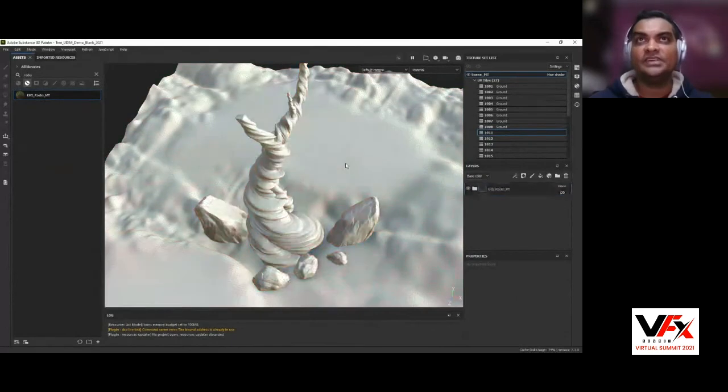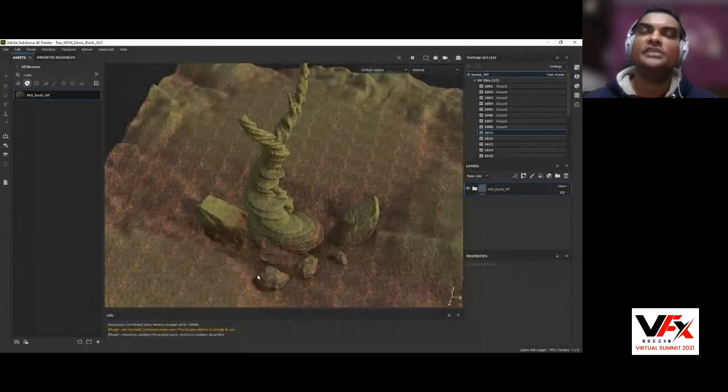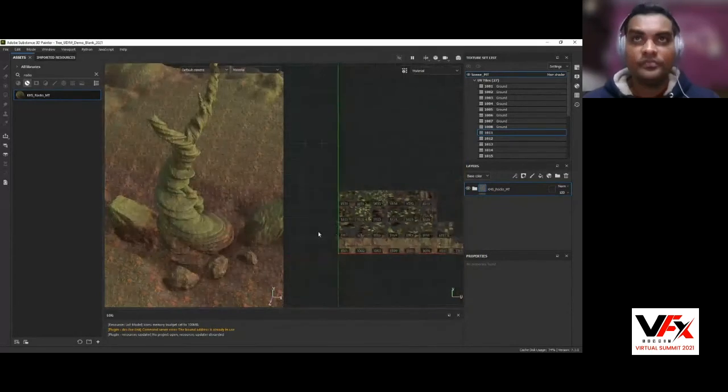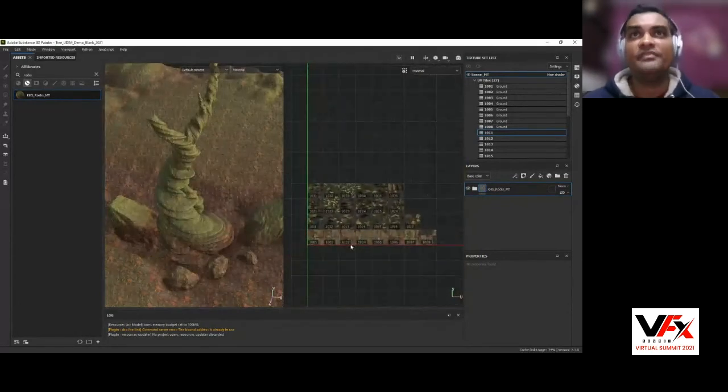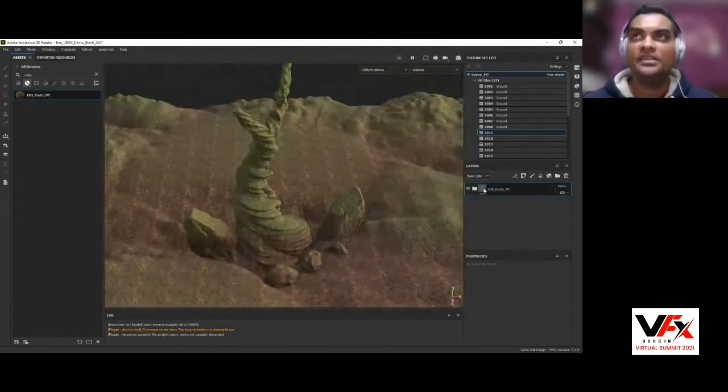As soon as I drop it into the scene, Substance Painter takes quite a lot of time to give me the result. The reason is that you're adding the texture on all the texture sets you have in the scene. If you have a smart material or a material, you can drag and drop it, and it applies on all the UV tiles. In order to speed up the process and use the graphics memory very efficiently, rather than dragging and dropping the whole material and creating a mask,